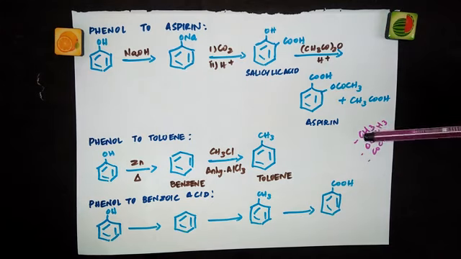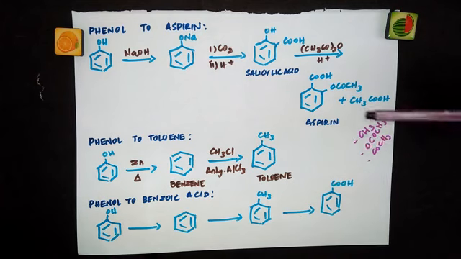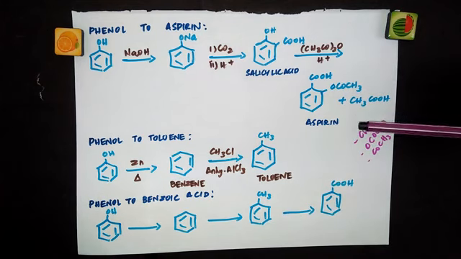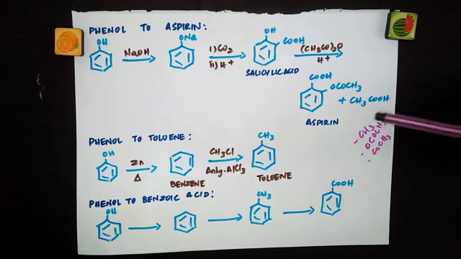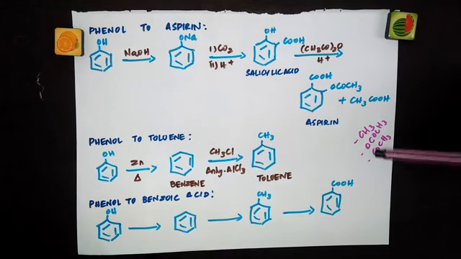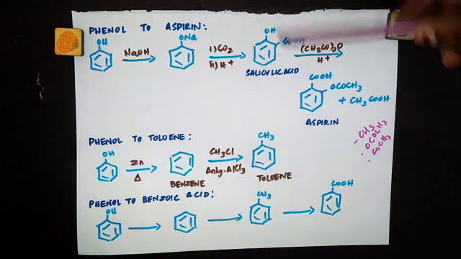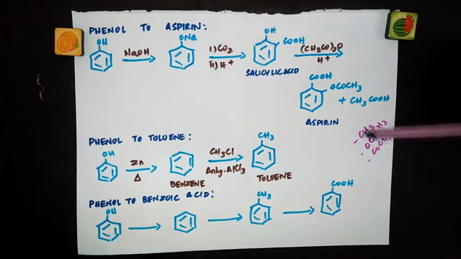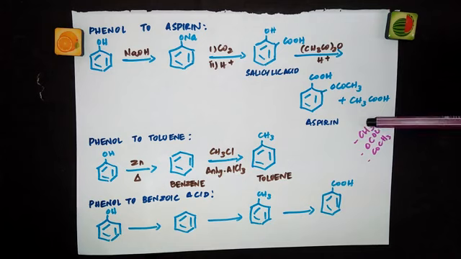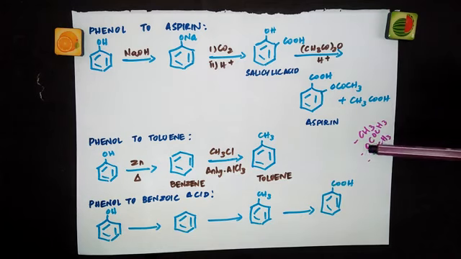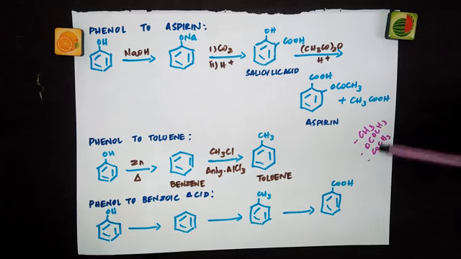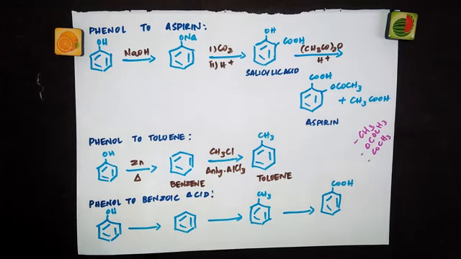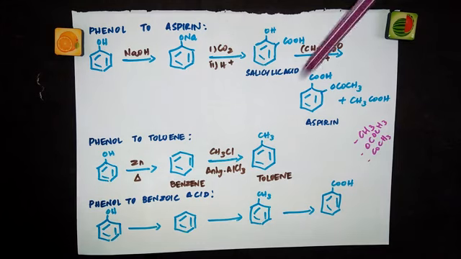Look here. Here I have written CH3. You can introduce this alkyl group into the benzene ring, and you can introduce OCOCH3 in the benzene ring and COCH3 in the benzene ring, whether it is phenol or aniline or something else. In the benzene ring you can introduce any of these three. When you do this, we call this alkylation. When you are introducing this group, we are calling this acetylation. If you are doing this, we call it acylation. So in the preparation of aspirin, you are getting acetic acid as a byproduct.